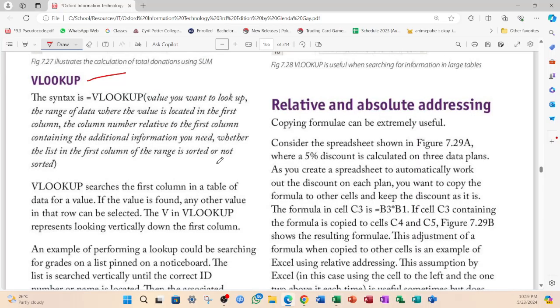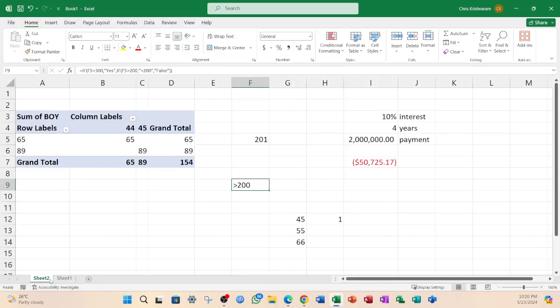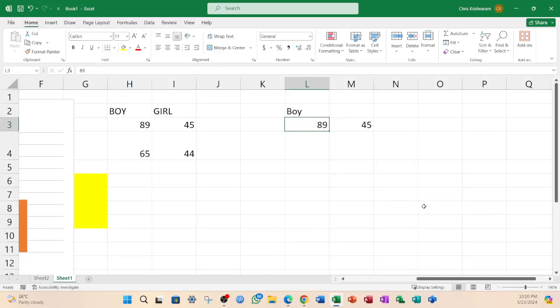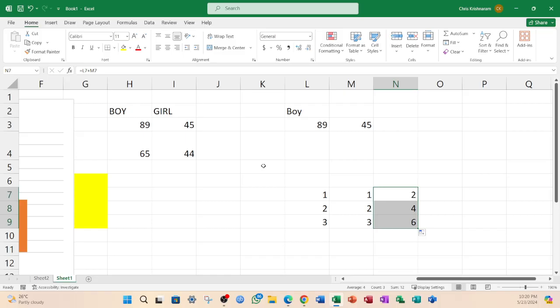So those are the functions that you need to remember. Now the concept of relative and absolute addressing. What is relative and absolute addressing? So if you notice, whenever we have a formula, let me create one quickly. So say for instance, we have 1 and 1, 2 and 2, 3 and 3. So if we did equal plus, and we copy it, and we look at the